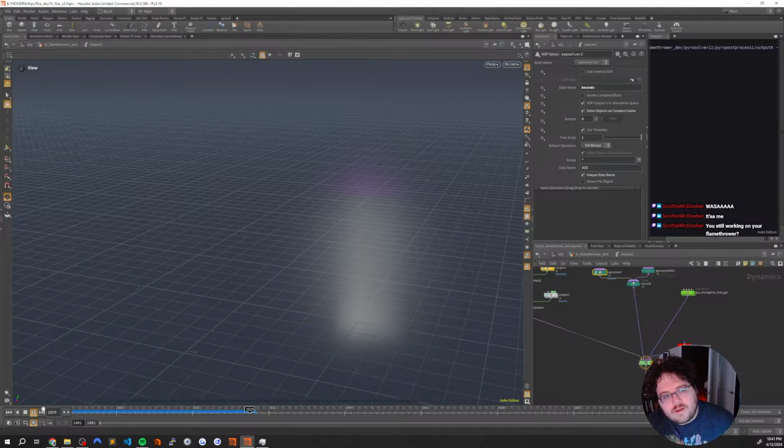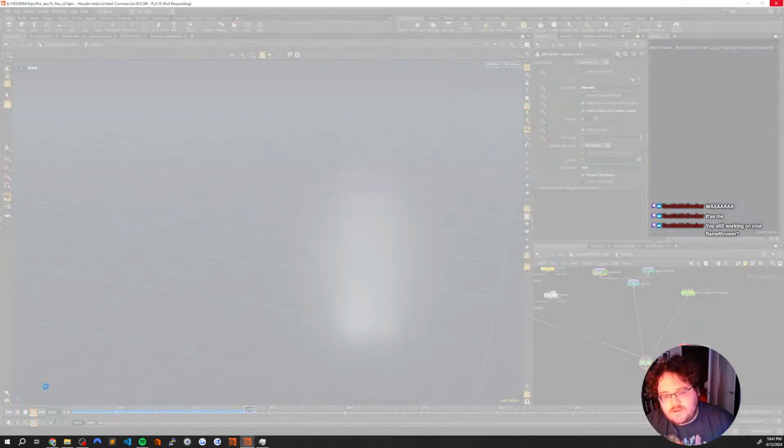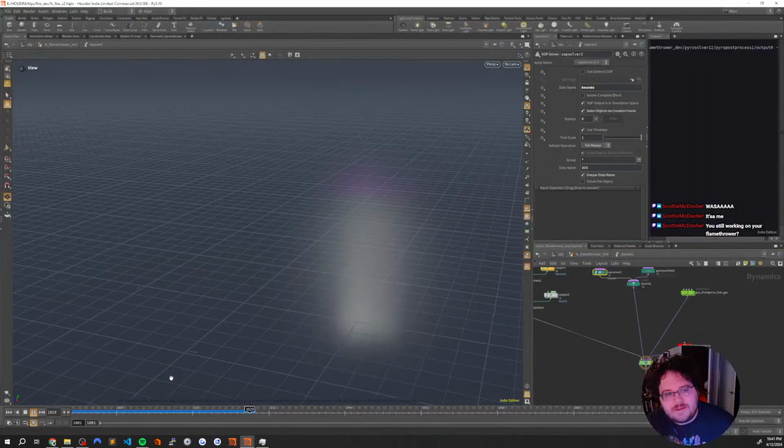Yeah, still working on the flamethrower. Today I'm doing just kind of a test. I only have a couple hours before I'll have to get off and probably go to sleep. So it looks like it's crashing, so that's fun. The test I'm doing today for the flamethrower is mixing and making different fuels for the